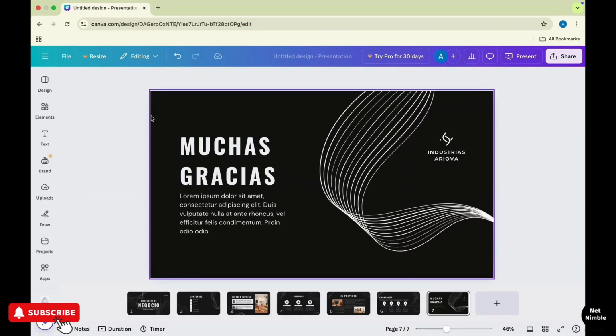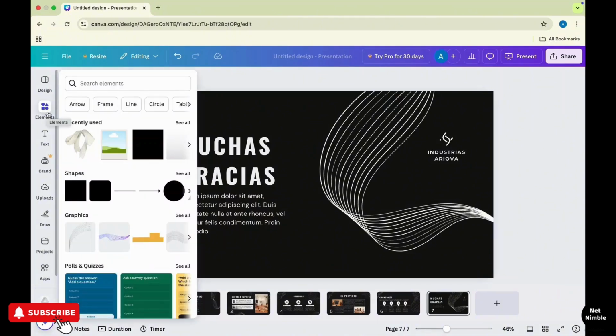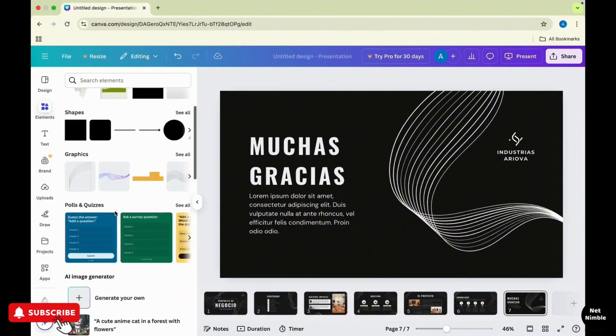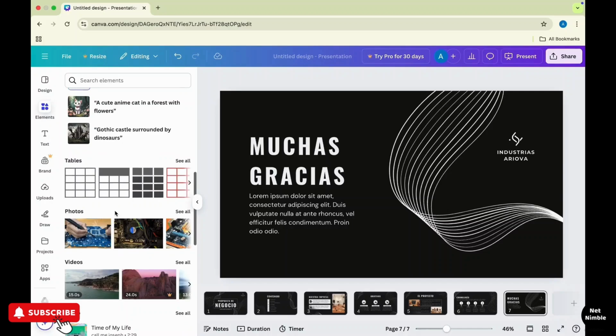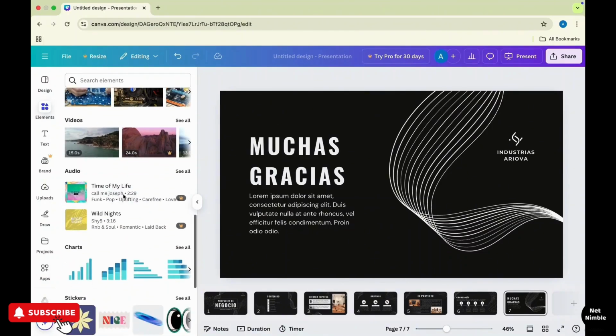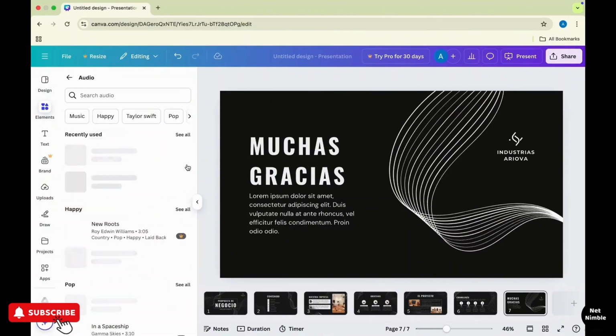Once you open the presentation, on the left hand panel, you can see the options available there. Now, from these options, simply tap on Elements. Now scroll down, or you can also type music or audio in the search bar and browse the available free